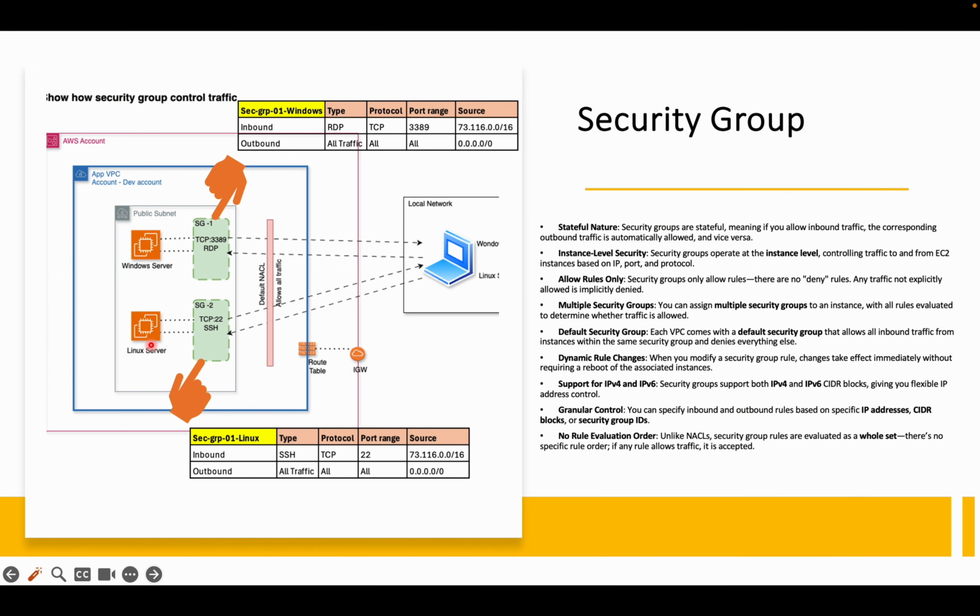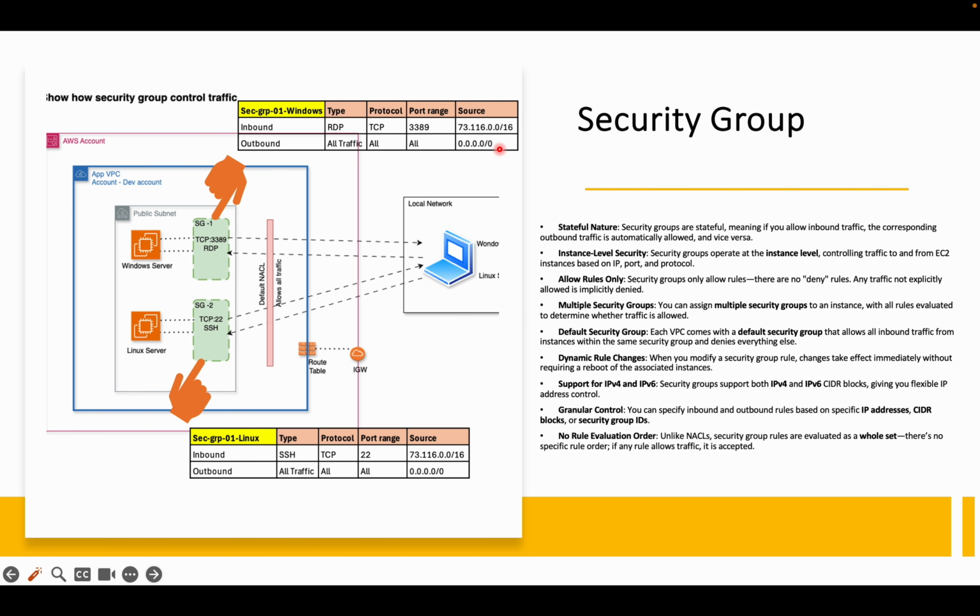The Windows security group has an inbound rule which allows RDP type traffic on protocol TCP, port range 3389 and source, that is local network CIDR block, which means all the traffic which is coming through port 3389 on TCP protocol from this source are allowed, and outbound is also allowed because it's stateful. However, it also has an outbound rule which allows all the traffic for all the protocol for all the port range